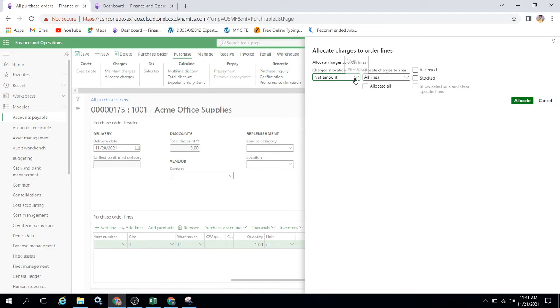Here we have charges allocation: net amount means charges will be calculated based on your net amount, or quantity, or per line. If you want to make charges per single line, here we have the purchase order lines, and based on line-wise you can provide it. If you want to make it net amount, it will charge on the net amount. So first I am taking net amount.